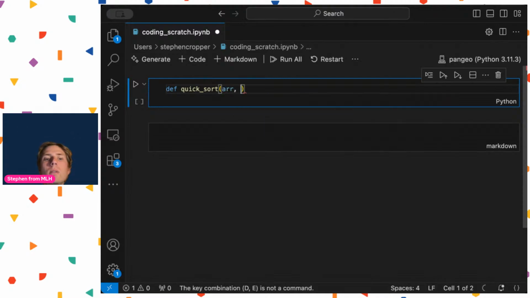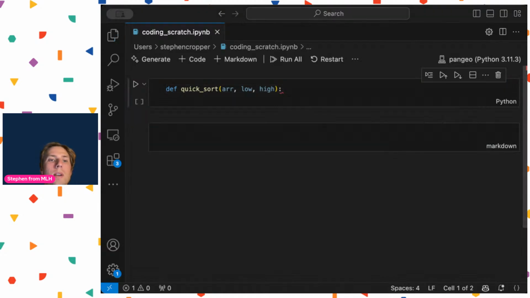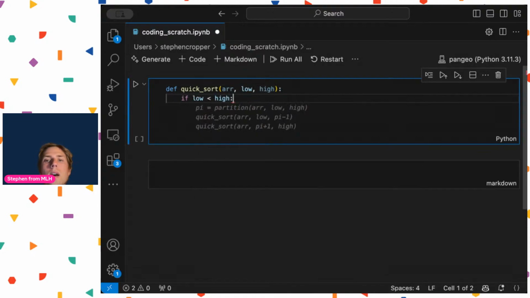And it takes in an array and the two elements low and high. Because if you'll remember from the explanation of quicksort, it's going to select a pivot element and partition the array such that the elements less than the pivot are on the left and the elements greater than the pivot are on the right. So we're going to accept arguments based on that. And so, yeah, we can keep going here. So if low is less than high, then we will do